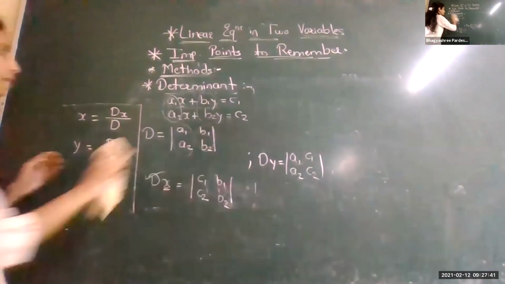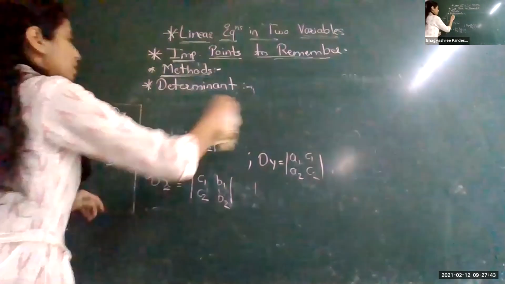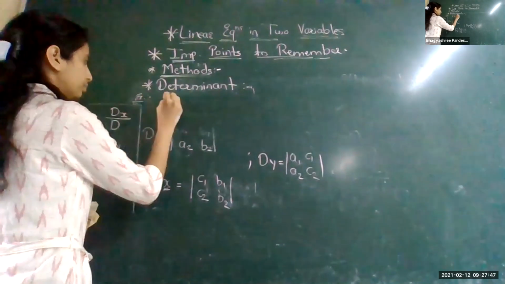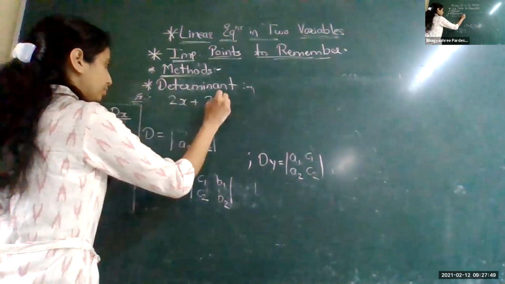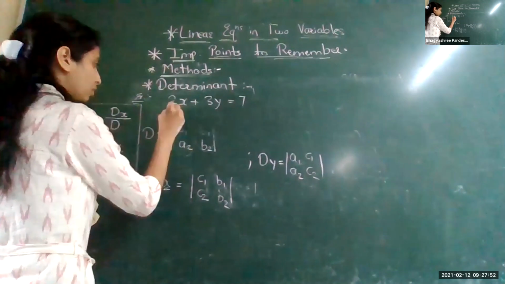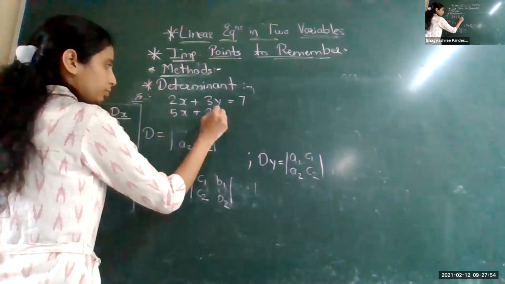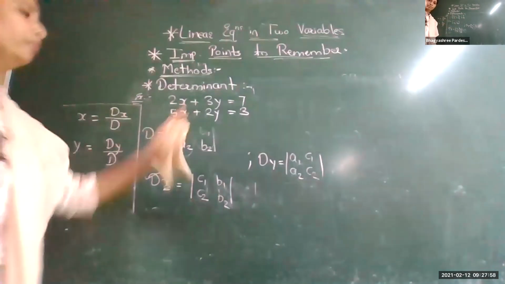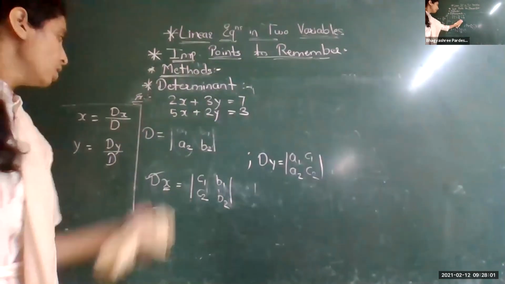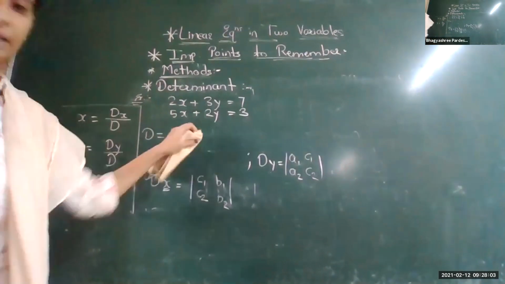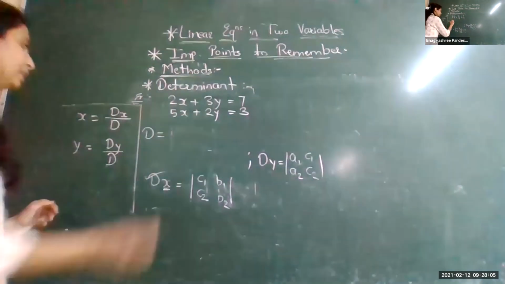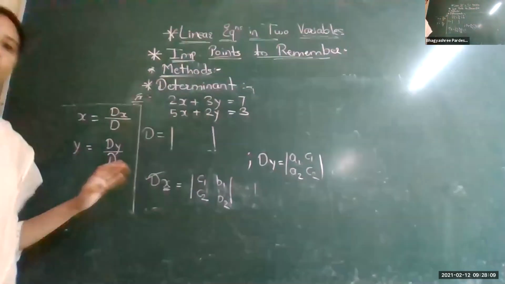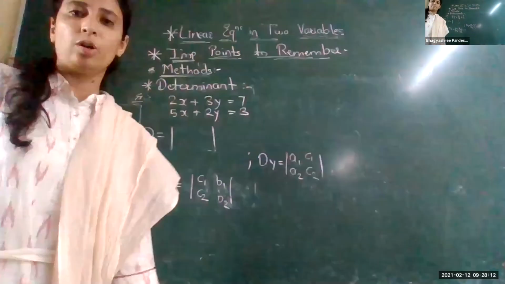Any example we will take here. Suppose I am taking this here. Now you take one example. So what to do? First we have to find the d. Can anyone tell me what will be the d here? Instead of this mod, what should I write here? Can anyone raise your hand?